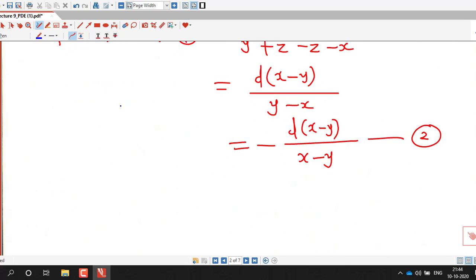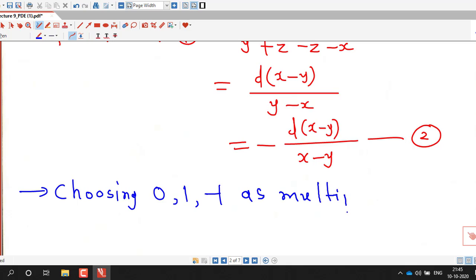So another set of multipliers is choosing 0, 1, minus 1 as multipliers, each fraction of 1 equals,